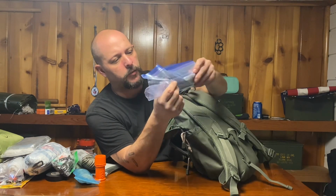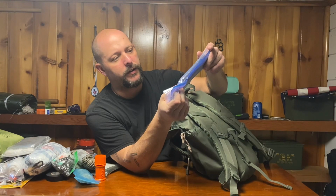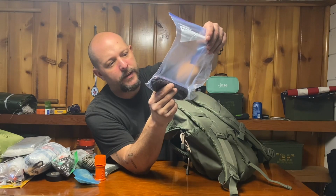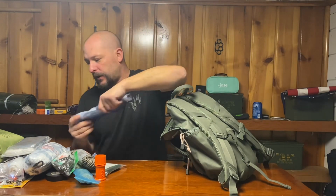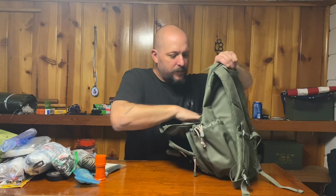This stuff was a little bit more expensive. I think it has fishing line and a wire in it. So it gives you a couple options, and that's outside of the 7-strand, and it's still not that fat. Still about the regular size of paracord. So I thought that was pretty cool, and I'm like, why not throw it in there? So a couple different ways to make shelter and stuff in there too, and I think that's about it, besides